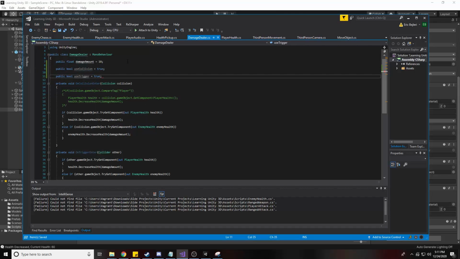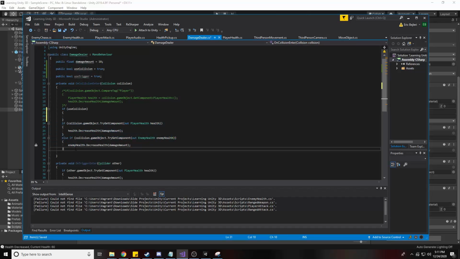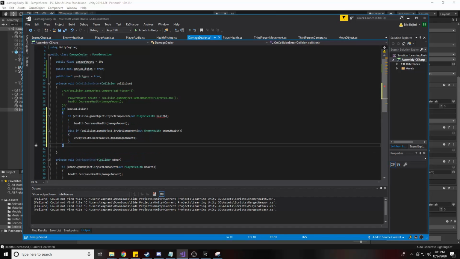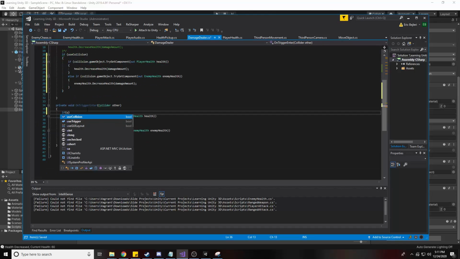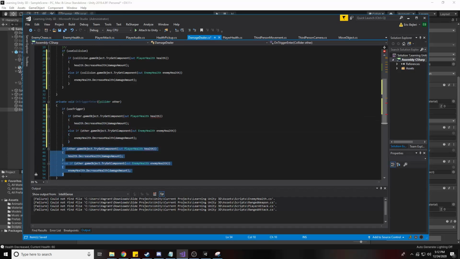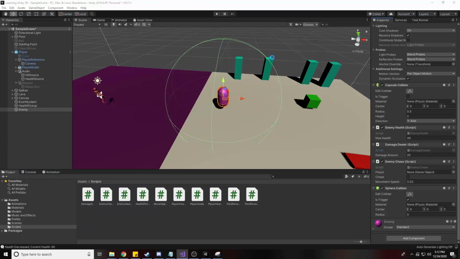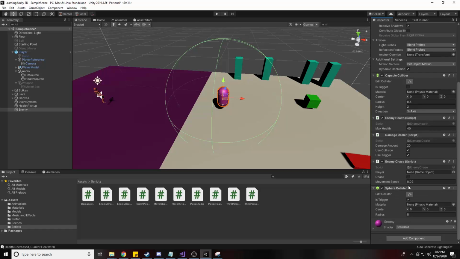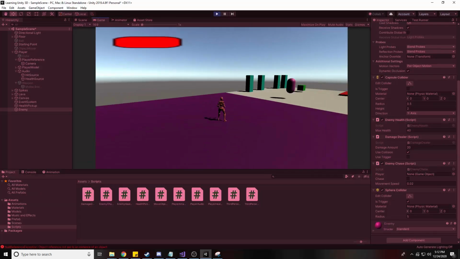Basically, if use collision, then all of this can actually work. And then here, if use trigger, then this code can function. This is one of those times where we have both a trigger and a collision on the same object. So for this damage dealer, we'll say use trigger to false. So now when I enter his range,